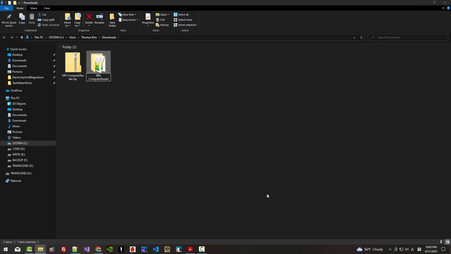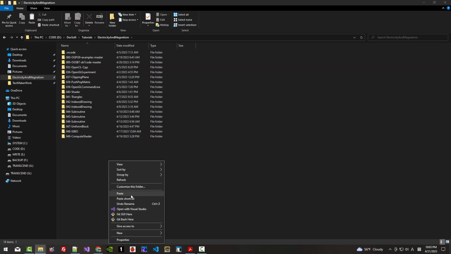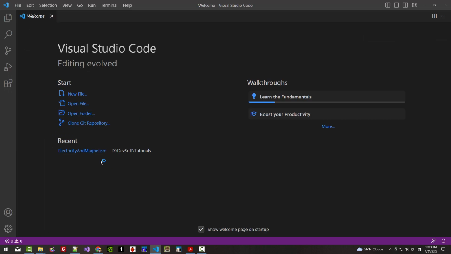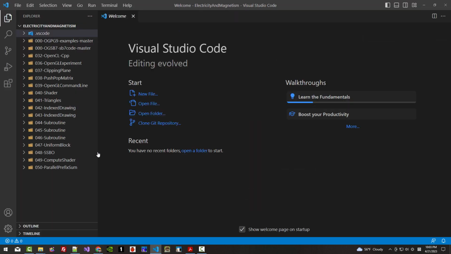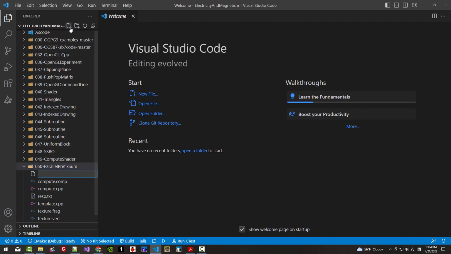Rename it 050. Parallel prefix sum. Copy this folder, paste it in your working directory. Open up Visual Studio Code, Electricity and Magnetism. Select this folder, click this button, CPU